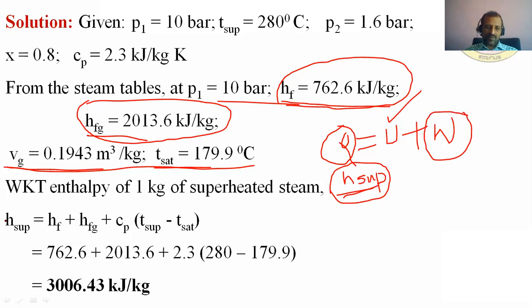So similarly, I am finding H sup, which is equal to, this is the formula I told you in the initial sessions. These formulas you need to remember: HF plus HFG, this is the enthalpy of dry saturated steam, plus CP into T sup minus T saturation. All these values you got from the steam table, then substitute all these values here. So you will get the answer as